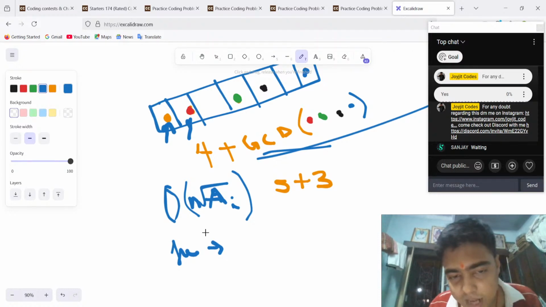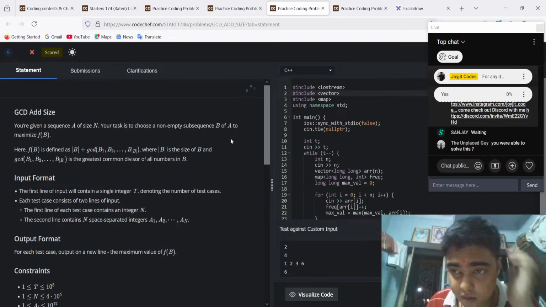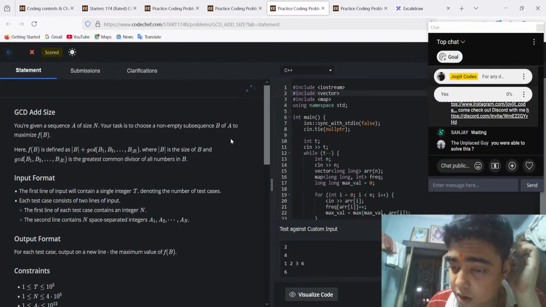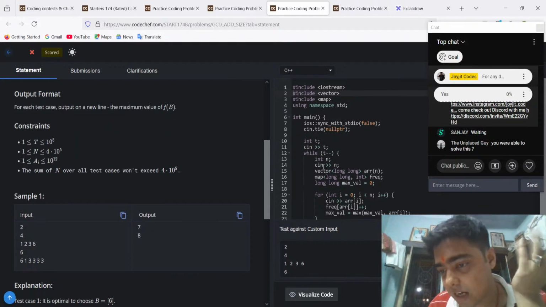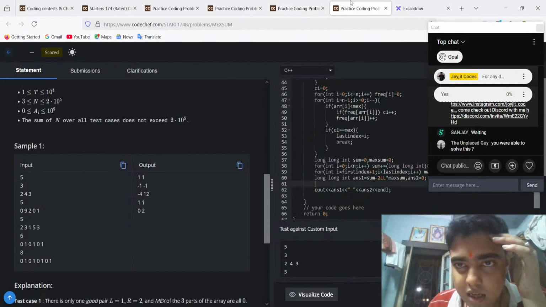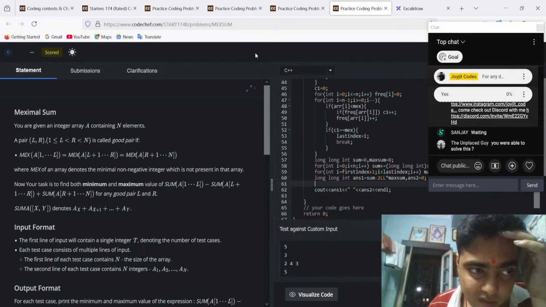But what happened in this is, I'm going for big O of n into square root of a. Okay, you were able to solve this? No, I couldn't solve this, but I came up with an approach which I'll just share with you guys. I was about to solve the fourth problem though,